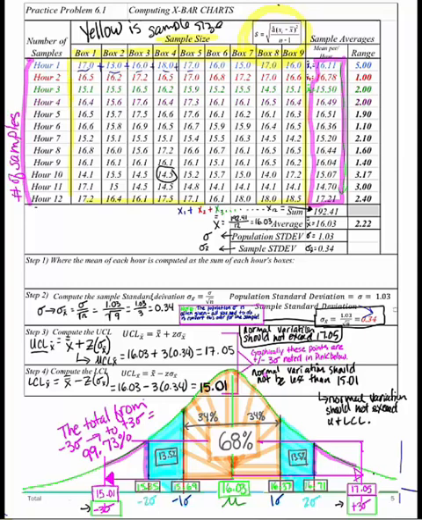The purpose of this video is to make sure everybody has a handle on how to compute X and R bar charts. The first part of this video is going to be on using the data that's given to us, the sample data, and then the second part will be using the table that allows us to skip the step of computing the standard deviation by hand for X and R bar charts